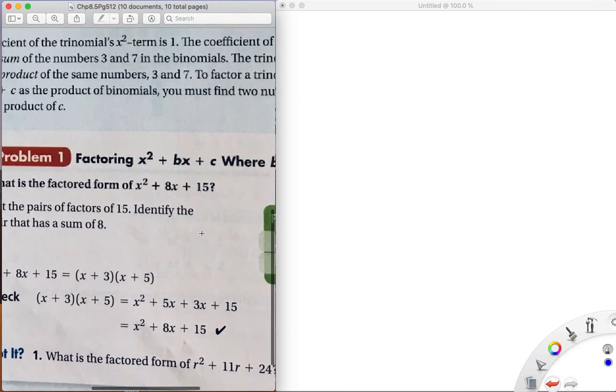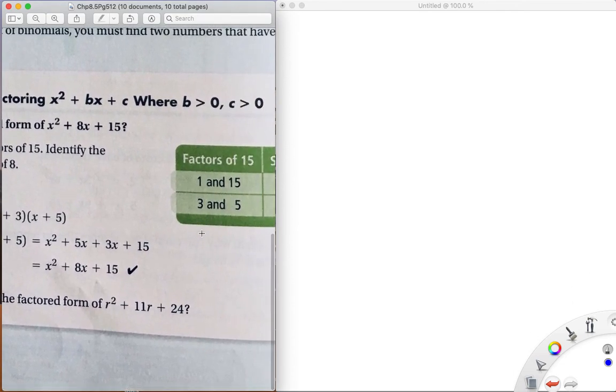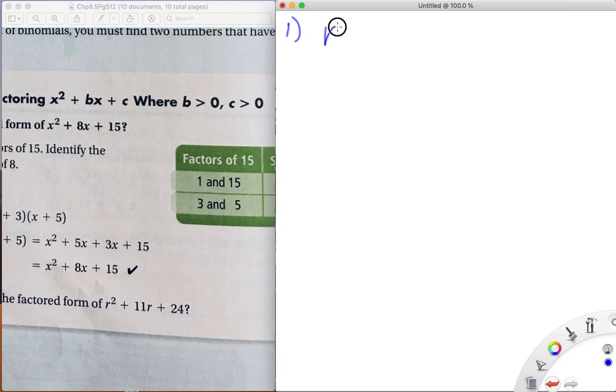So they give me an r squared plus 11r plus 24. There's a 1 here, so we're going to assume that there's a 1. So the way that the diamond method works is that, I don't know why they call it a diamond when it's an x, but okay. The way that the diamond method works